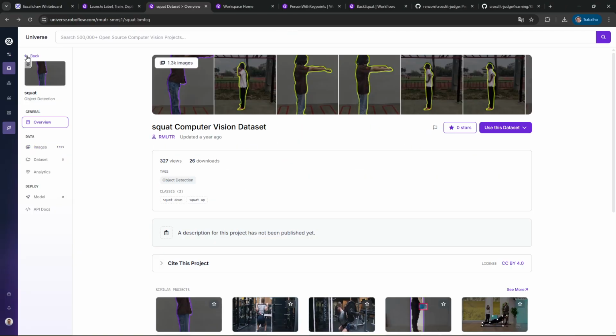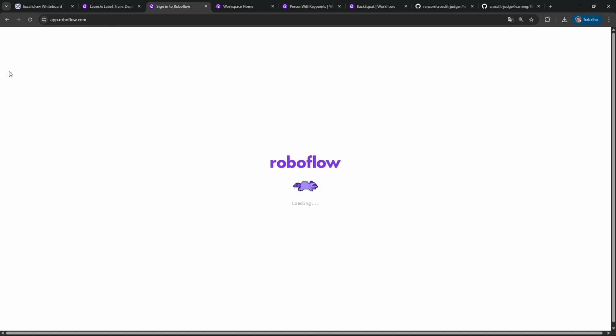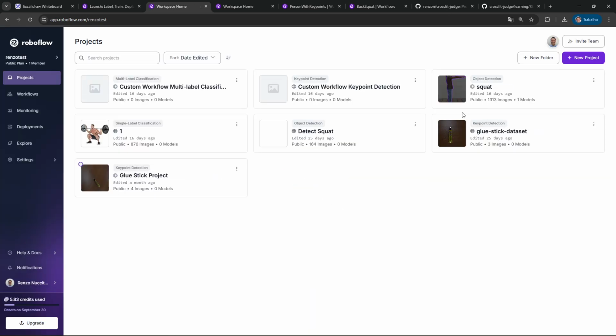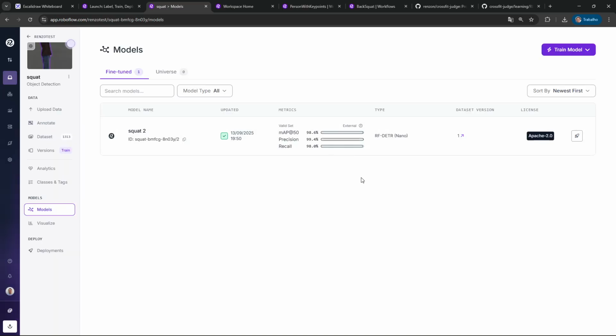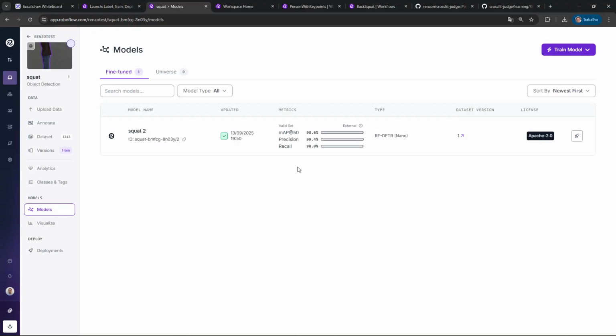So what I have done, I'm going back here to my page on projects. Okay, so I forked that project since it's public. It's very similar to if you are used to GitHub. I forked the project and used RoboFlow to train it, and it's only a matter of clicking here. So I have the training from RoboFlow itself. So I trained this model that has this ID here.